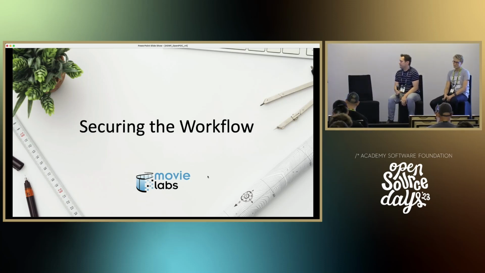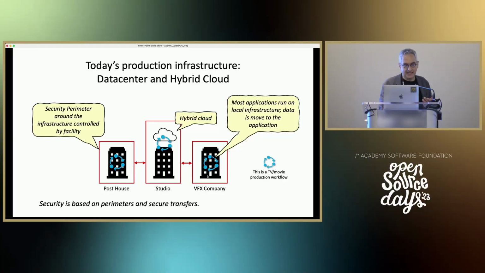That was great. So I want to talk a little bit now about security. And so back to the 2030 vision aspects of it. Traditionally, a lot of production security has been done on perimeters, traditionally physical perimeters, like where's the tape kept, more recently network perimeters. And those kind of work if you have local infrastructure, and even if you do hybrid cloud, you can extend your network perimeter out to include that hybrid cloud.